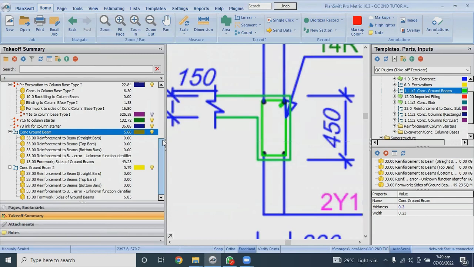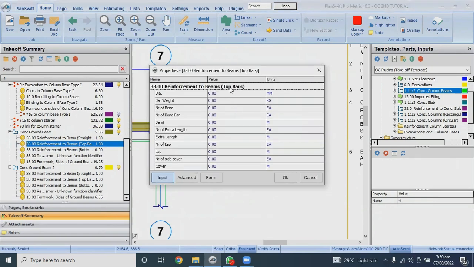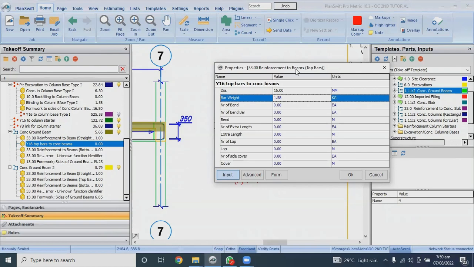So top bar. You have the top bar to be Y16. I will double click on this and rename it to be Y16 top bars to concrete beams. So the diameter is 16, the weight is this. Number of bend: we have a bend here, we have a bend on the other side, and the height of our ground beam of the beam